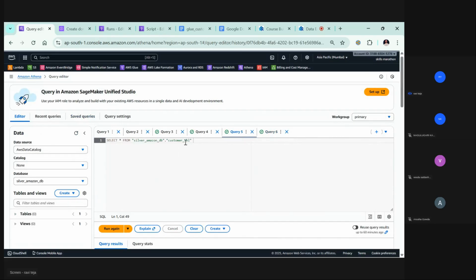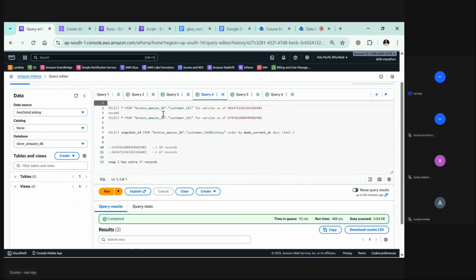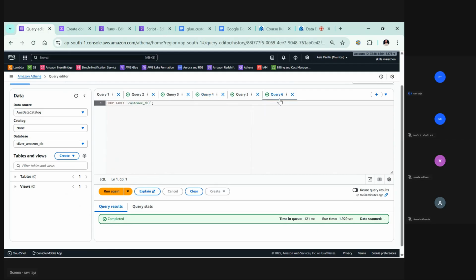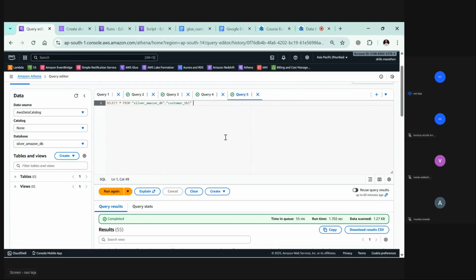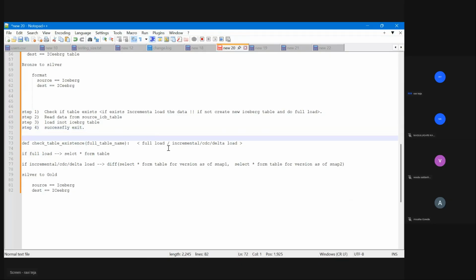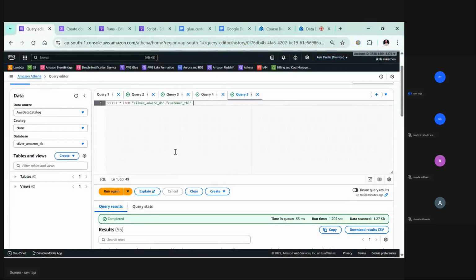Now I just wanted to pick the delta data between these two tables, and this is a good approach. Whenever my query is trying to load into this customer table, for the full load, what I mention here is that if it's a full load, do select star from table. Now if I do the select star from this table, the customer table, then what do I get?